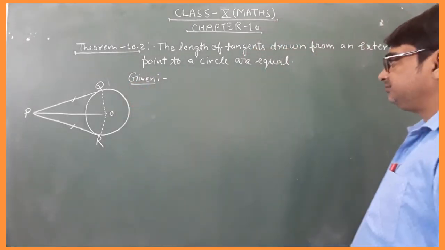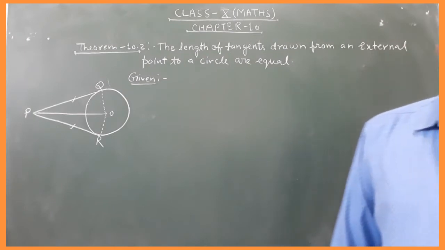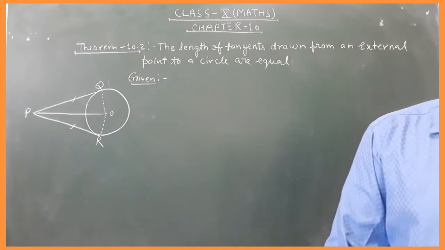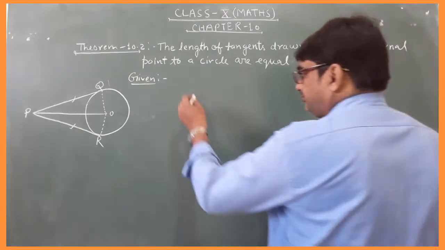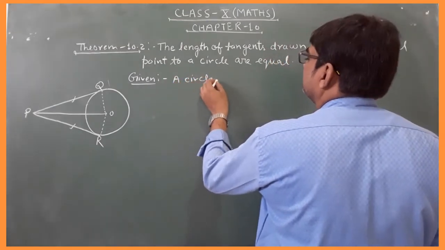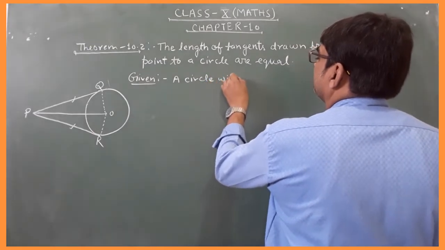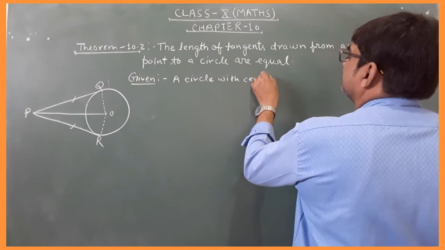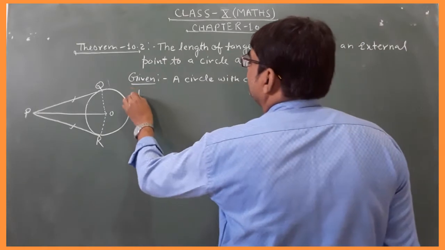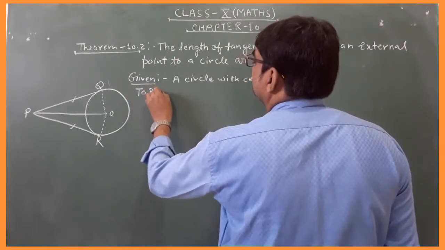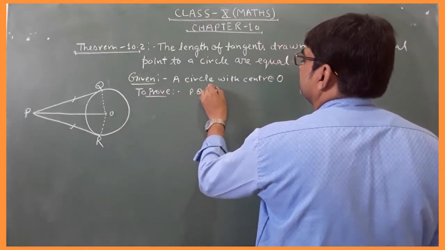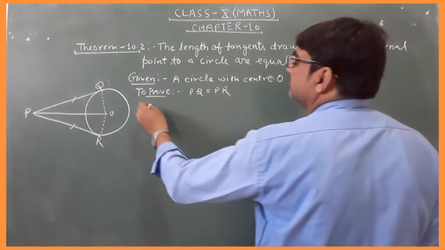गिवन है a circle with center O. To prove PQ is equal to PR. Proof।